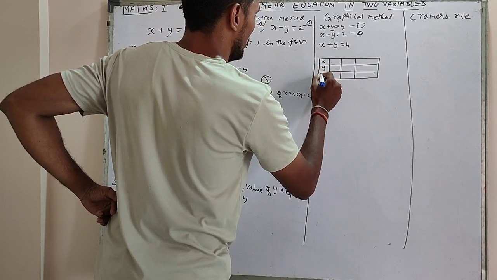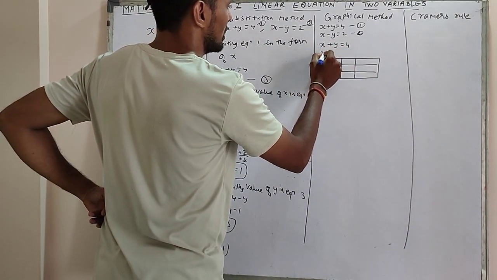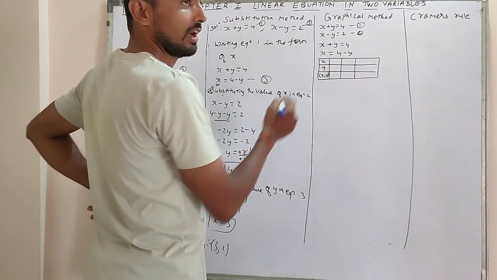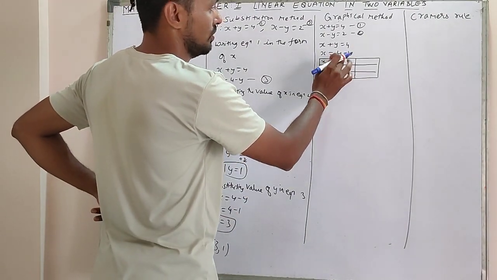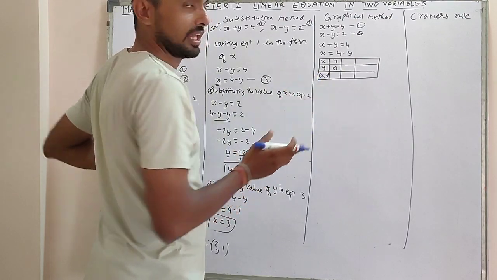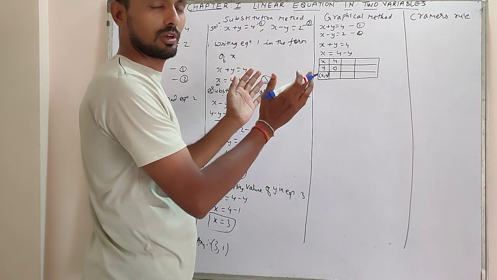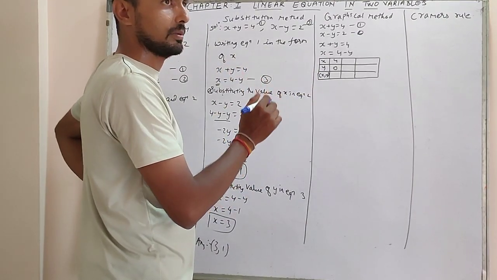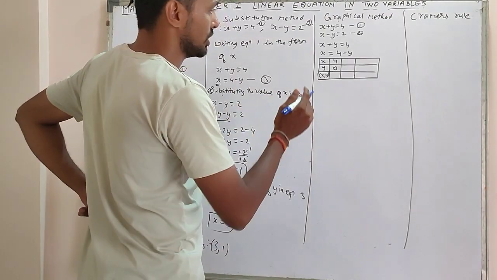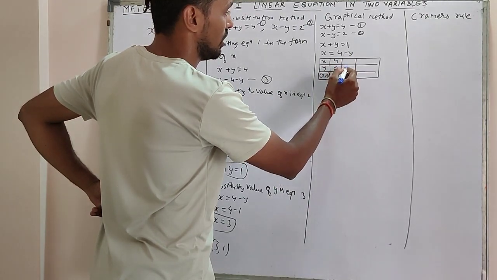X, y, x, y. This is my equation. I'll just simplify it. X is equal to 4 minus y. I'll just assume the values of y. Suppose I'm taking y as 0, what will be 4 minus 0? It will be 4. See that you are not taking the numbers very large, more than 7. If you take more than 7 or 8, the paper will not be big enough to plot it. So you are just supposed to take the value small, whatever is suitable with your graph paper. And the second value I am going to take is 1.